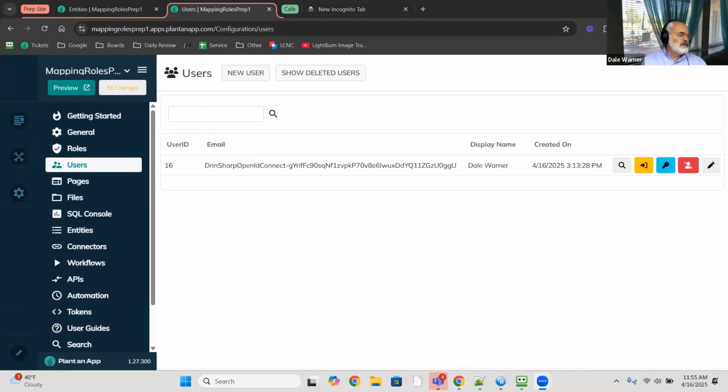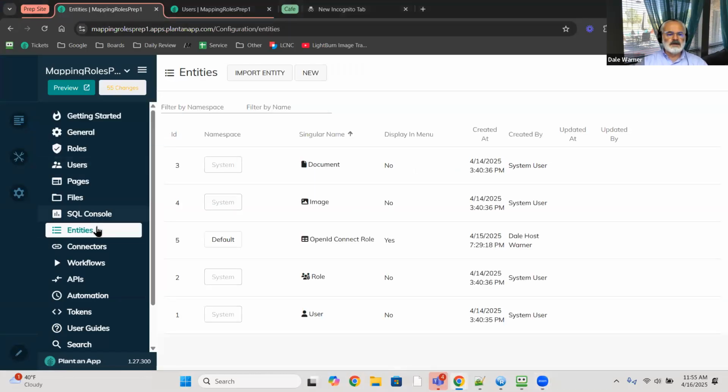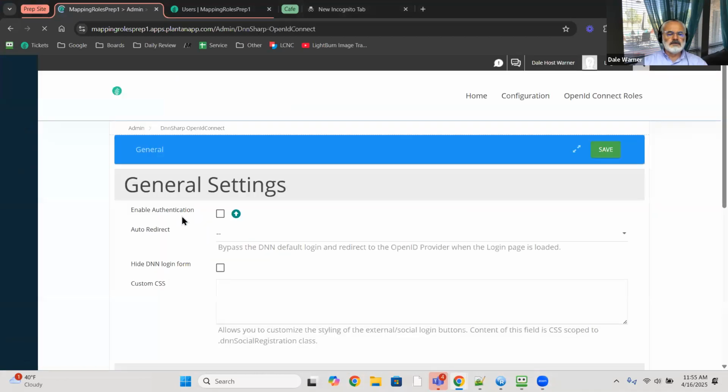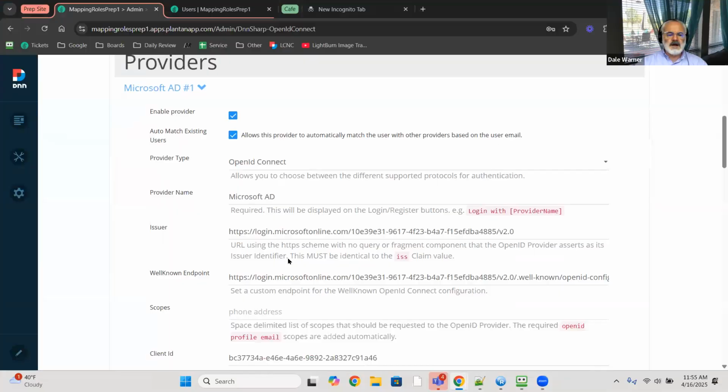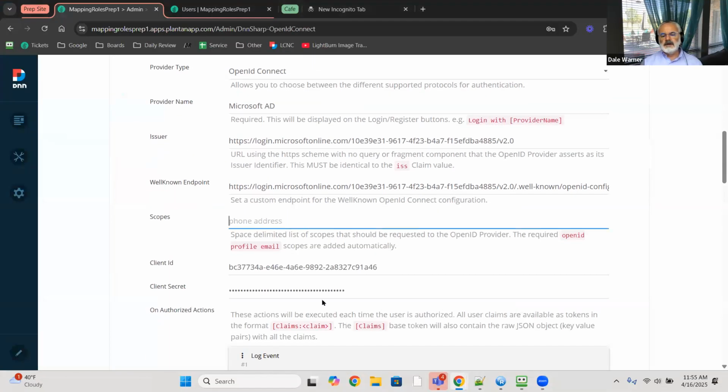Yes, one a long time ago, one of your participants here mentioned that I should have used a scope. There is the ability in OpenID Connect to use a scope, and this is where you're asking to get more things from the OpenID provider. In this case, trying to get more things from Microsoft AD. In our environment, the groups were provided automatically, and I didn't need to do that. But you might need to use something like group.read.all in order to get the groups